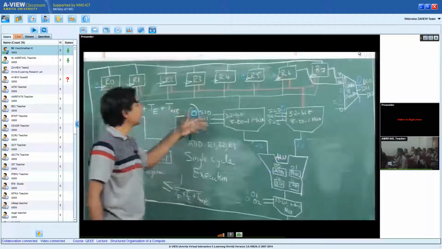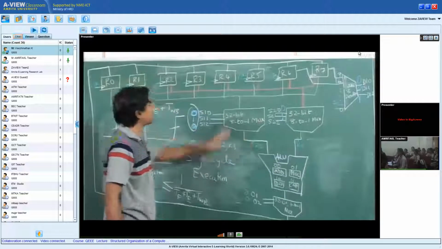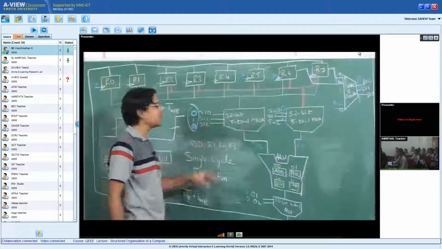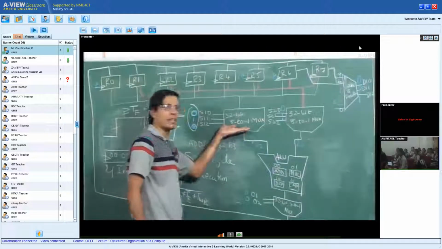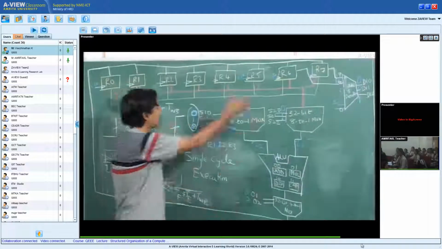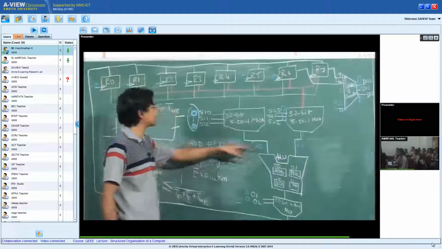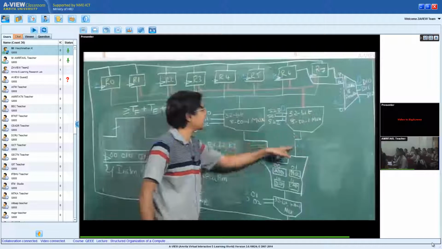And then in this data path there are some multiplexers. I explained what the multiplexers are. I hope you understand why we need a multiplexer here, because there are 8 registers and I want to select one of them as an operand. In this case I have selected R2, in this case R3.